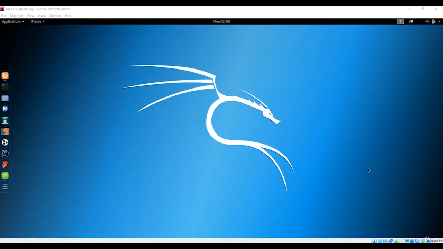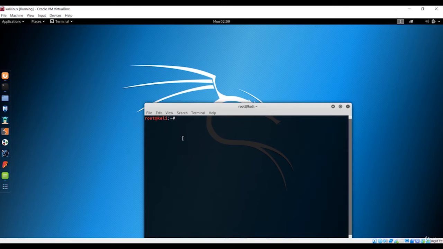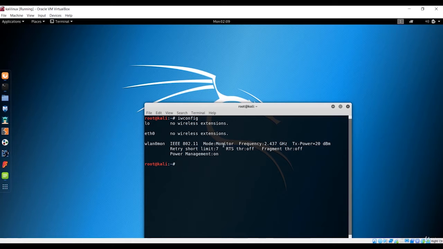Welcome to this lecture. Now we'll see how to crack the WPA key of any network. First of all, I have already told you that in order to get all the packets that are sent across the Wi-Fi range, you first have to get your Wi-Fi card from the managed mode into the monitor mode. So let's check our configuration, and in my case it is in the monitor mode. If you are in the managed mode, first convert it into the monitor mode. We saw how to do that with the two processes in the previous lecture, and I hope you have just gone through that lecture. First of all, let's convert the managed mode to the monitor mode, otherwise this is not going to work.